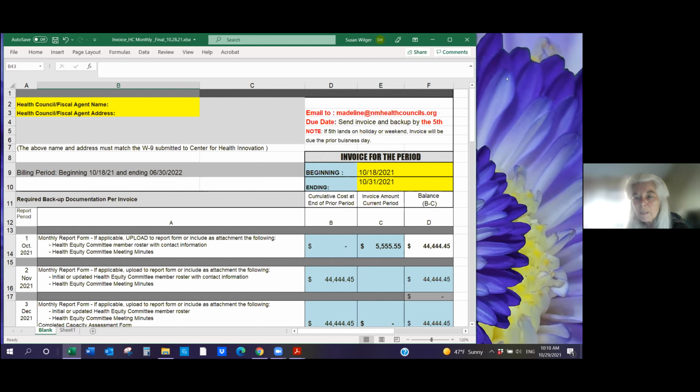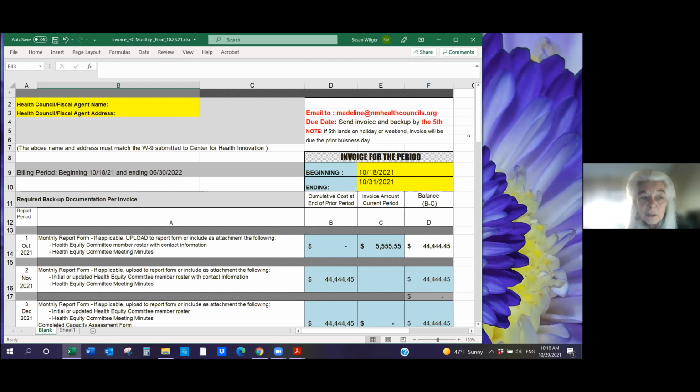So I'm going to move along, because we want to leave enough time for questions and for Susie to go through the reporting. But hopefully the invoice format will look familiar to people. We tried to structure it as close as possible to what you're used to when you get your invoices from your regular state funds. And of course, this is for the